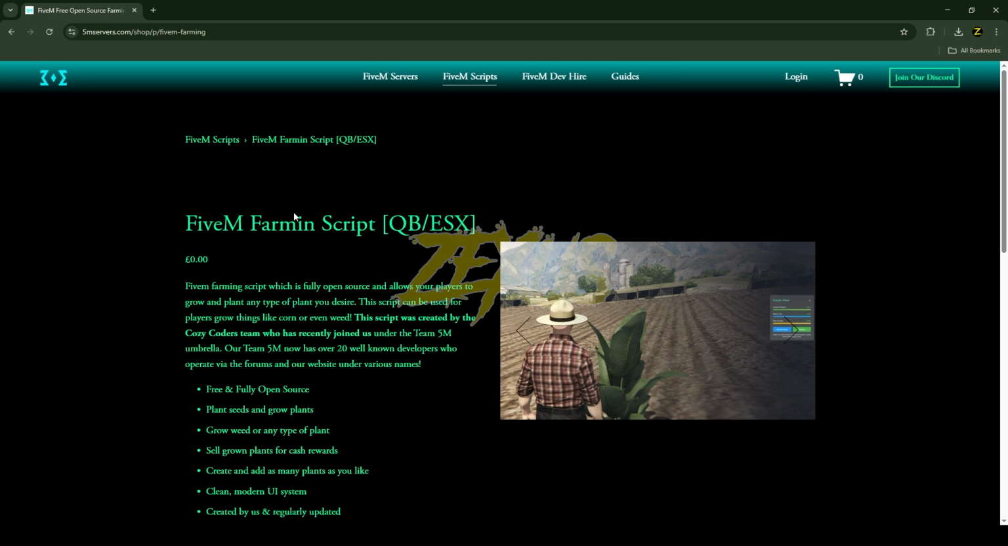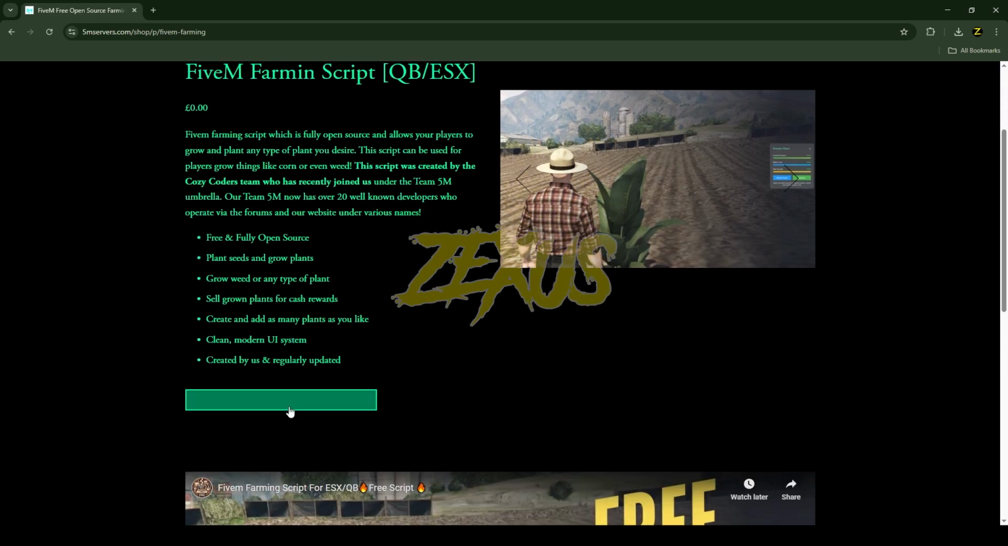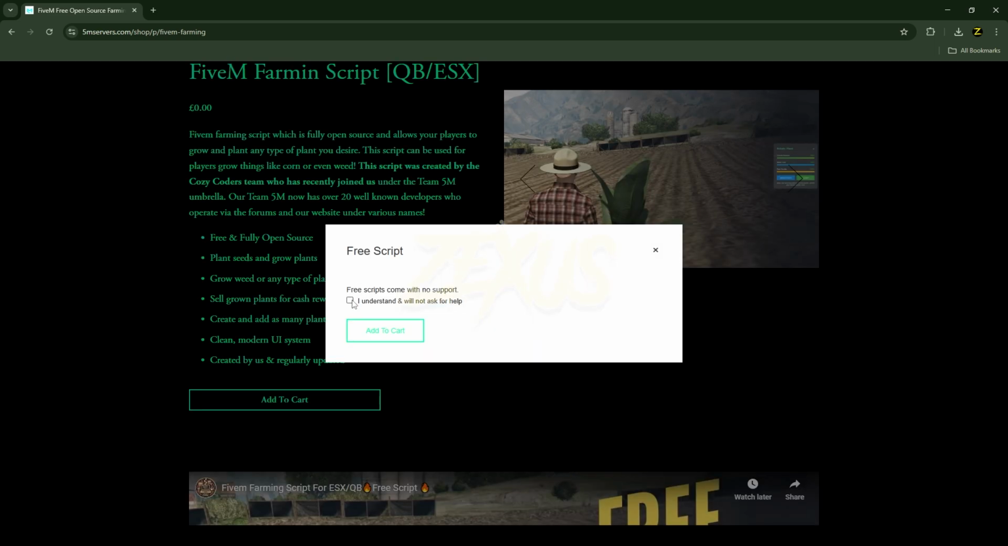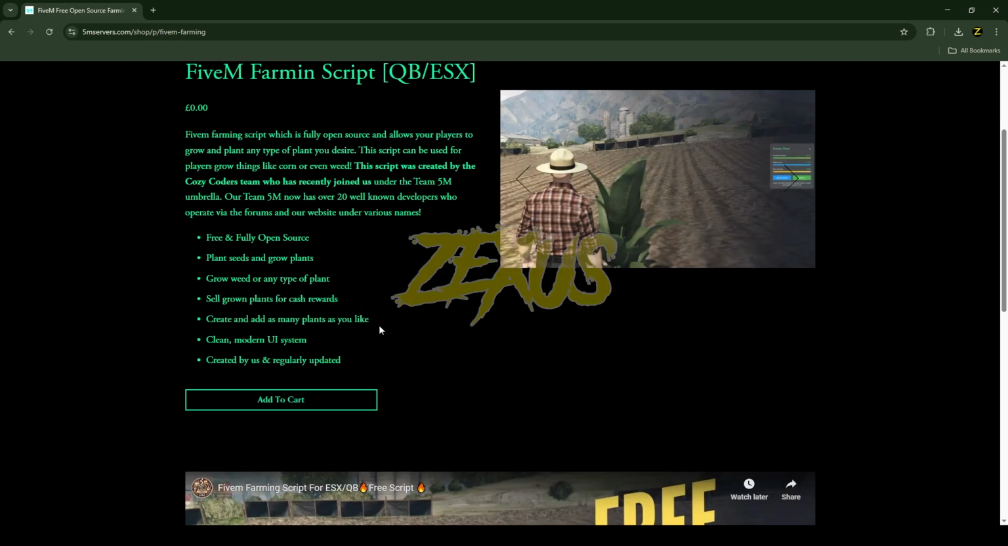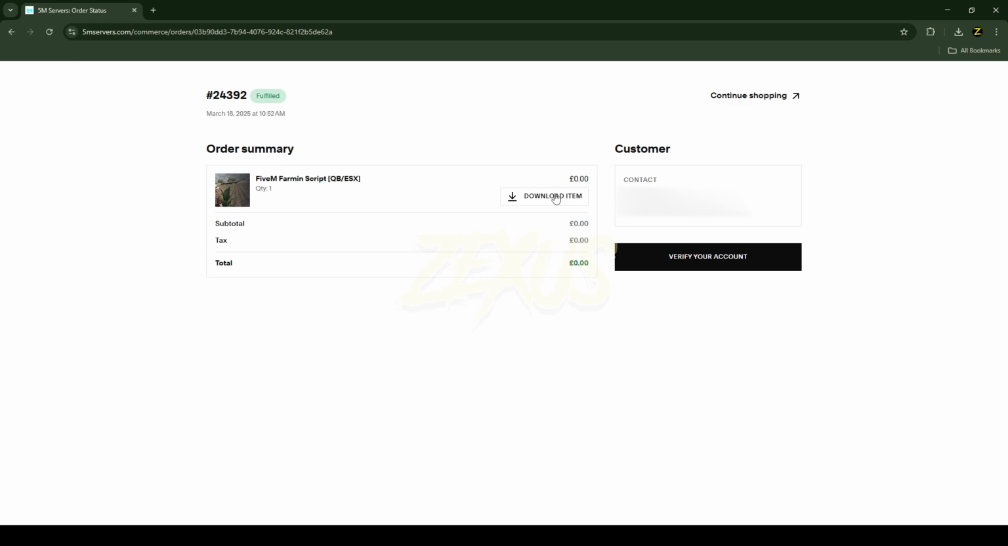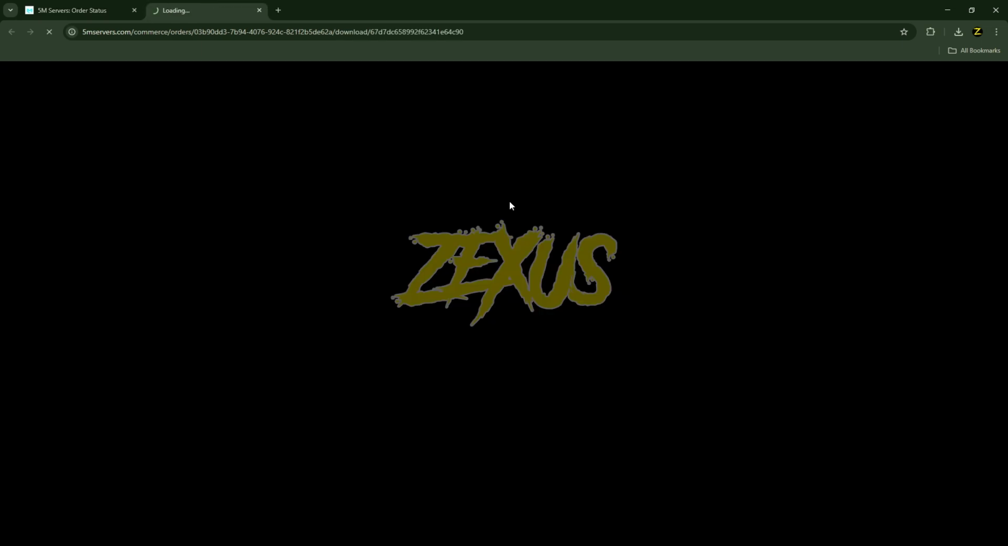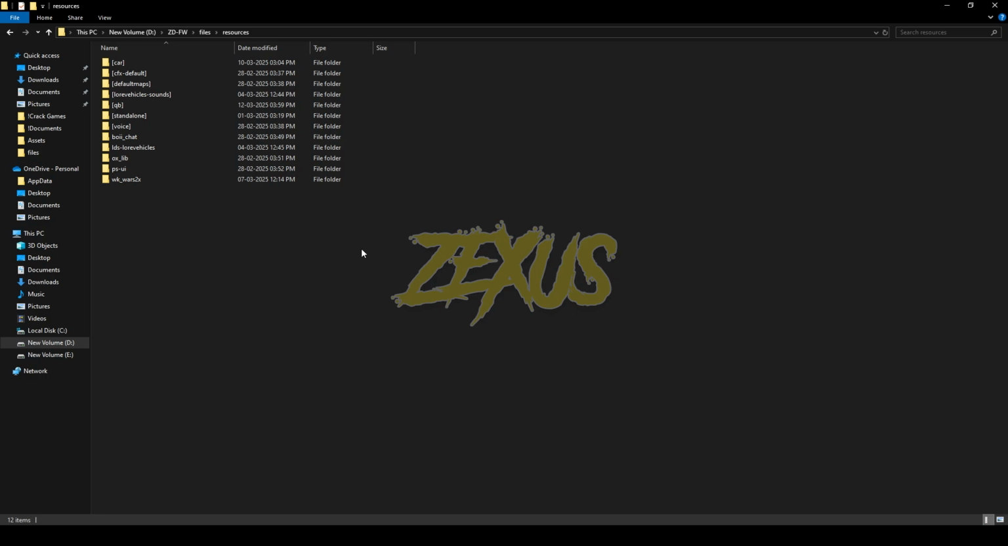Once you get over here, you just need to scroll down over here. Then click on add to cart. After that, tick on this checkbox, then click on add to cart. After when you're done with everything, you just need to click on this download button to download the script. Now we have to extract the file into a FiveM resource folder, so I'll be extracting it over here just